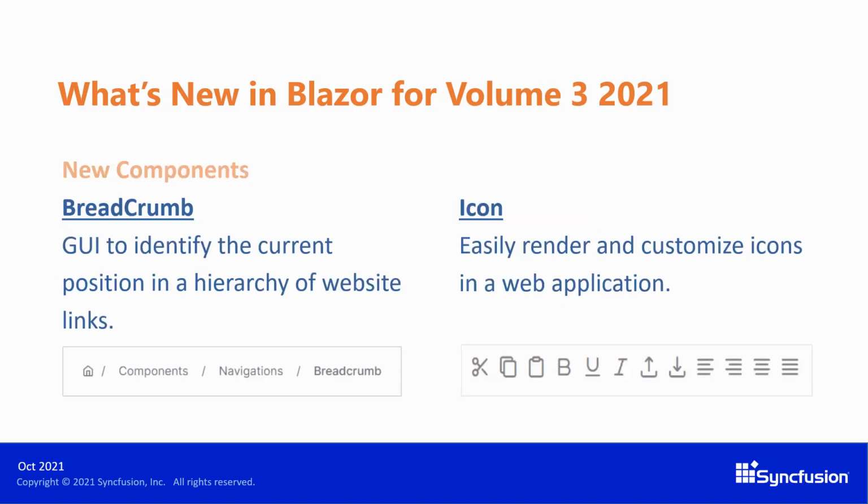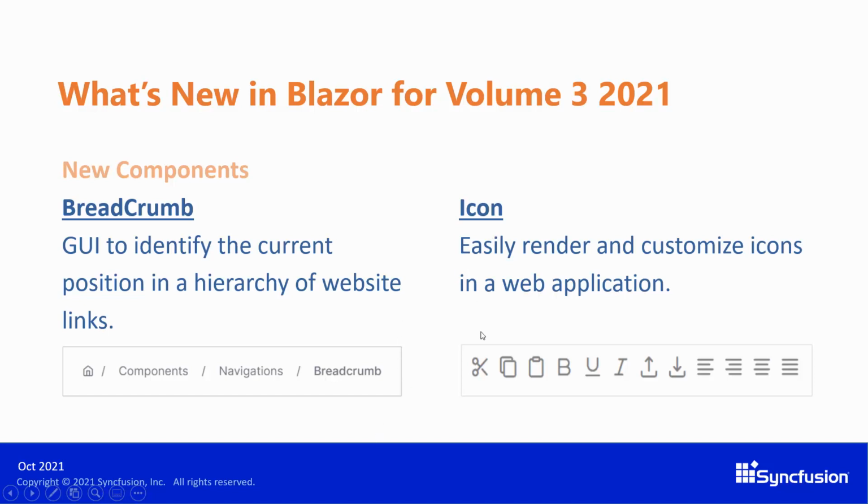Next, we have a couple of new components, the breadcrumb and icon components, which are newly introduced in Blazor for this Volume 3 2021 release. So you can look at the appearance of the breadcrumb component from here. I'll show the exact usage of this component in the demo page now.